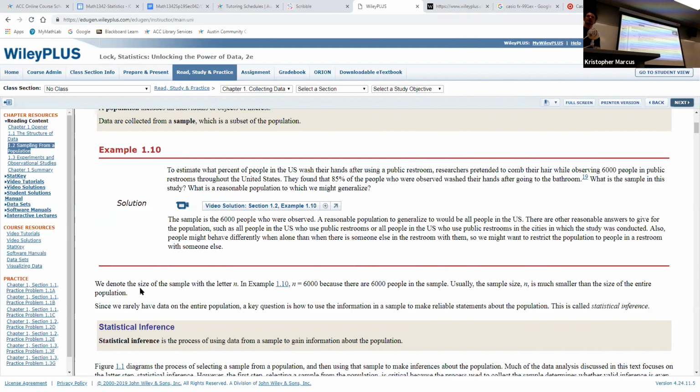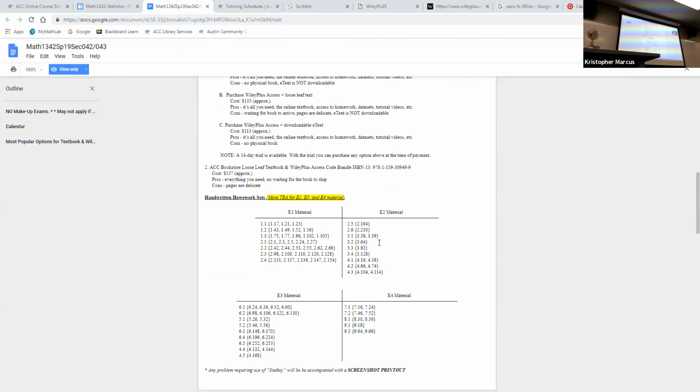Questions about Wiley Plus? No? Maybe? All right. So this is how it'll work with Wiley Plus and the book in general. The homework problems that you're assigned are listed down here. The numbers for the problems are very weird in this book. If you notice, whatever chapter they're out of is the first number, a period, and then after that, a number for the problem. What makes this awkward is the following.